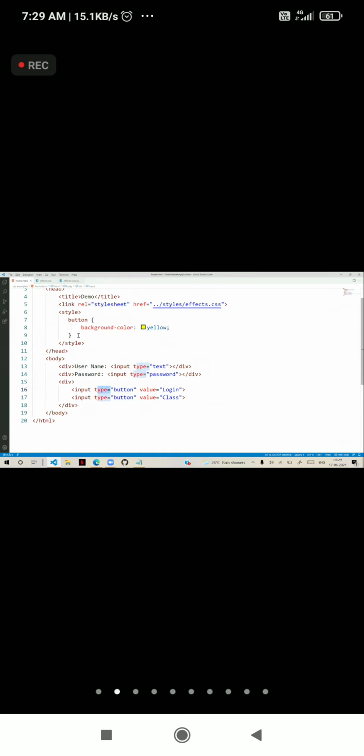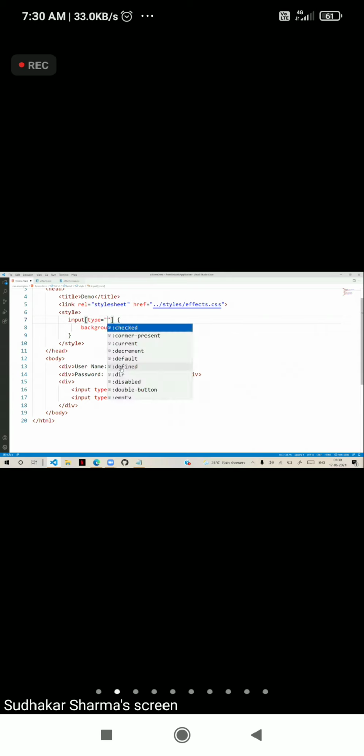That means we need to apply the effect to an attribute of the tag. Then what we have to do is, first you have to write the tag. Tag is input. After that, in the square brackets, you have to tell the attribute name. Attribute is type, is equal to, you have to tell the value of the attribute. Value is button. Like this we define.